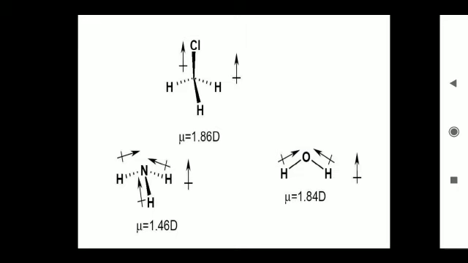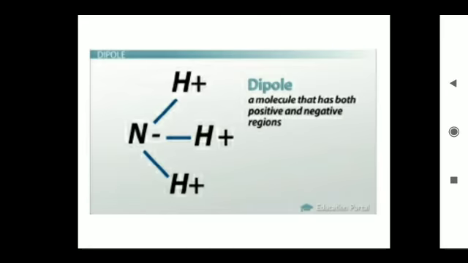The movement can be given by arrow marks. By observing the arrow mark, you will see the movement of poles from the positive side to the negative side. By observing the ammonium compound, a molecule having both positive charged and negative charged centers, the dipole moment occurs from the positive charge to the nitrogen.